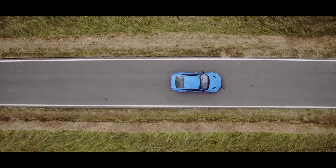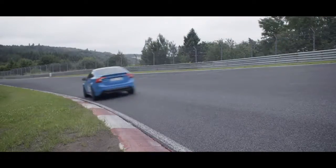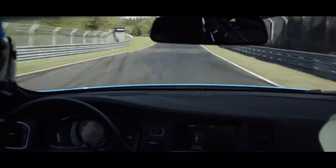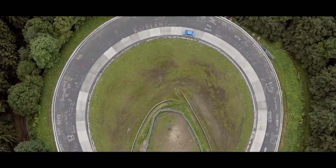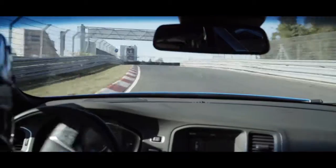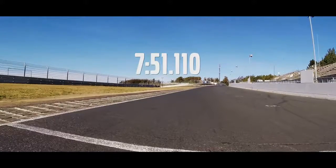The objective was to take the performance of the Volvo S60 Polestar road car as far as possible. The result was record-breaking. Although not the original intention, the S60 Polestar, engineered by Cyan Racing, broke the then lap record for road-legal 4-door